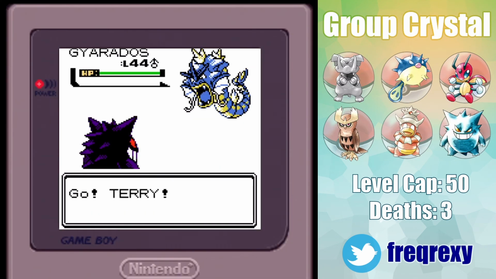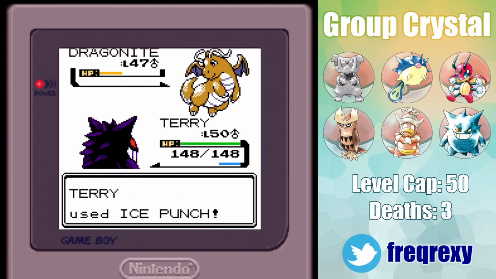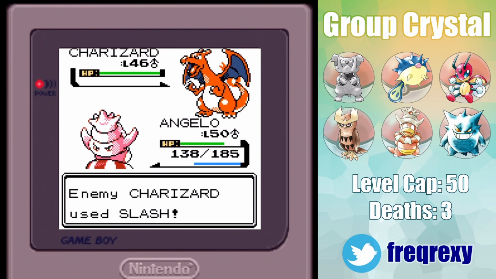And Crystal ran a broadcast of the Terry and Angelo show. Terry called the Gyarados with Thunder Punch and both weaker Dragonites with Ice Punch. Angelo held back a Hyper Beam before washing away the Aerodactyl with a single Surf. The stronger Dragonite set up with Safeguard before getting met with Angelo's Ice Punch. And Charizard tried the best it could with Slash before also facing the raging tsunami that is Angelo's Surf, securing